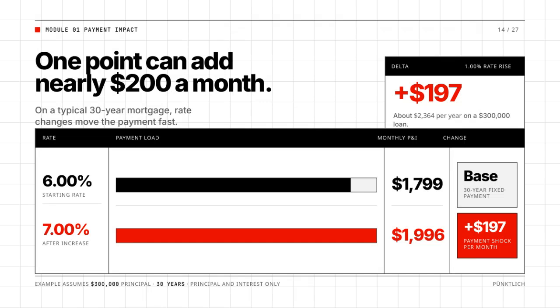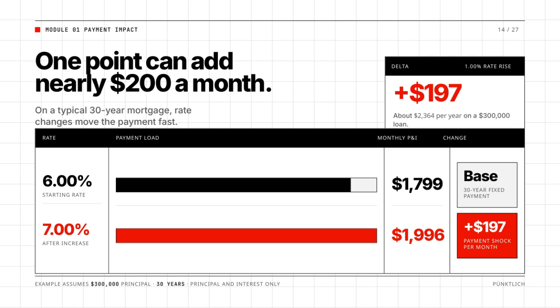Here, we're looking at how a change in the interest rate impacts your mortgage payment. For a typical 30-year fixed mortgage with principal of $300,000, just a 1% increase in the interest rate can add nearly $200 to your monthly payment. Specifically, moving the rate from 6.00% to 7.00% raises the monthly principal and interest payment from about $1,799 to $1,996. That's an increase of $197 per month, which totals roughly